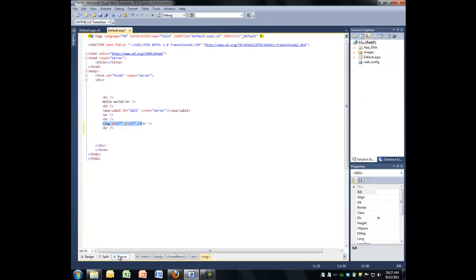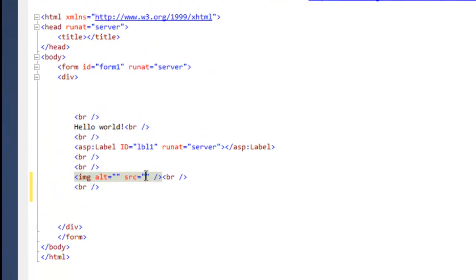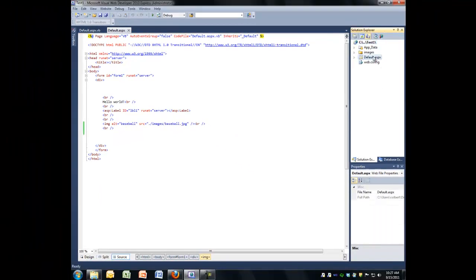I'm going to switch over to source. Image source is going to be ./, which means from here. I want to go into images, and the image is baseball.jpg. And for an alt, I'm going to give it baseball. Okay. So if I view in browser,